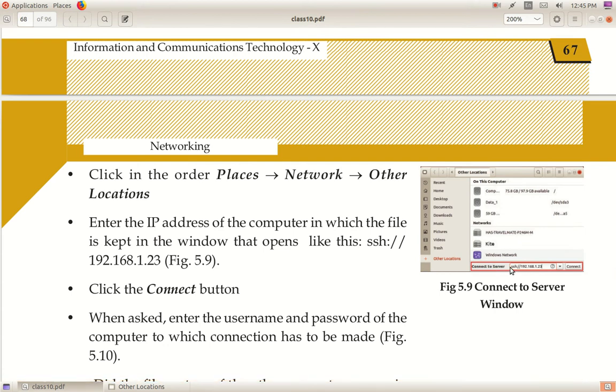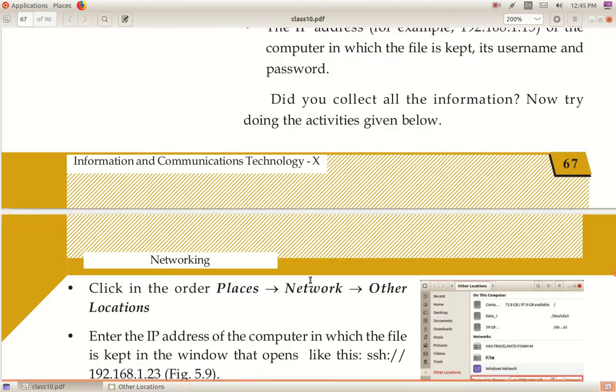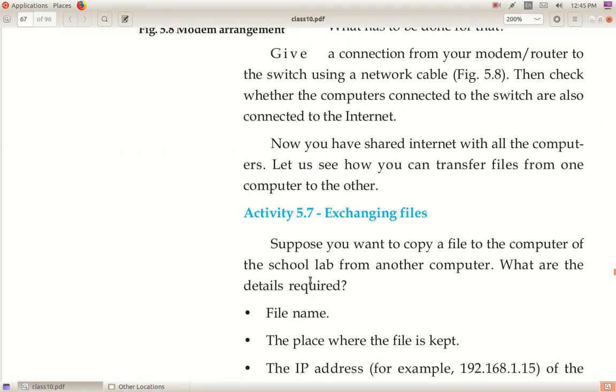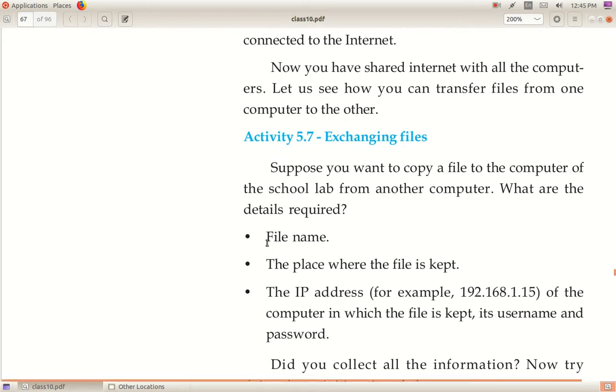If I know the IP address of the system, then the username and password of the computer. Username and password of the computer. That is exchanging files. While exchanging files, what are the things we have to keep in mind? What are the details we must know? The name of the file, the place where the file is kept, and the IP address of the system, then